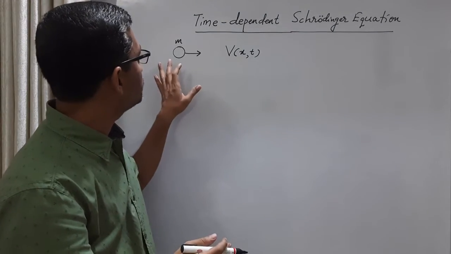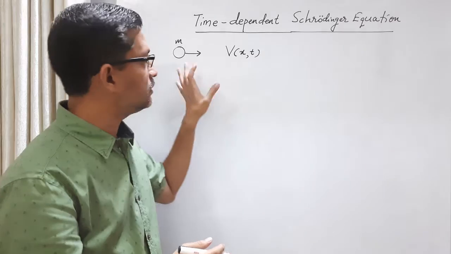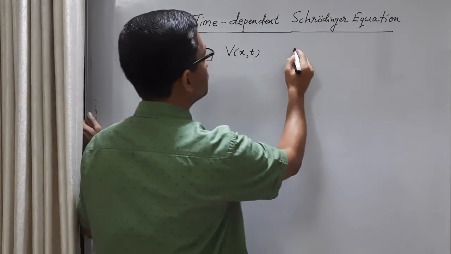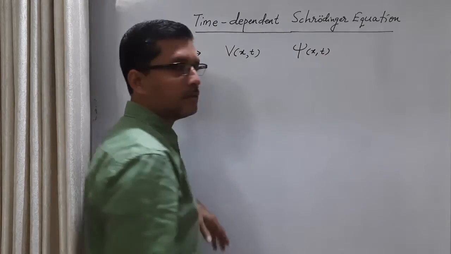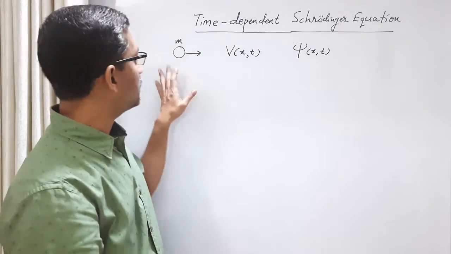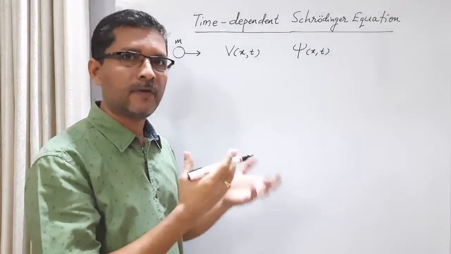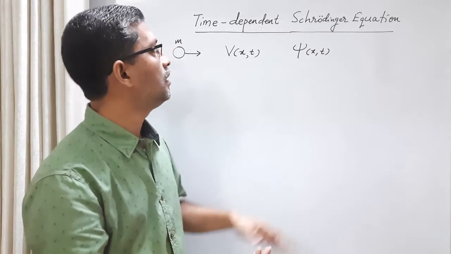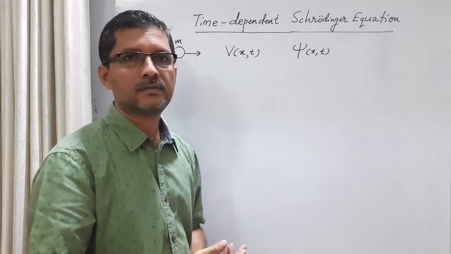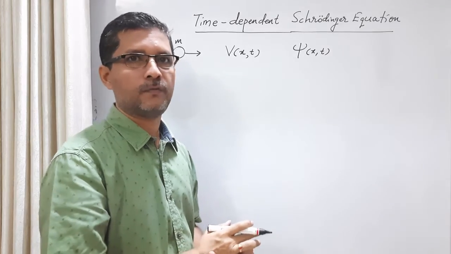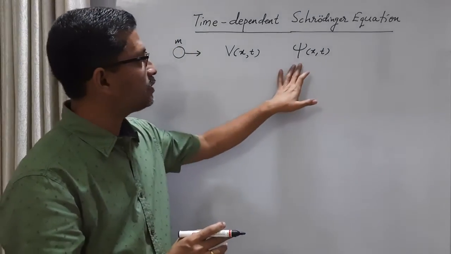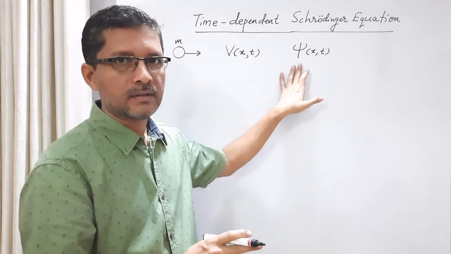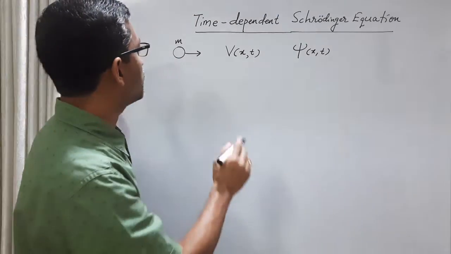Then the matter wave function of this particle is, let us say psi, which depends on position and time. So this particle has wave nature as well as particle nature, and the matter wave function is, suppose, represented by some unknown function psi. Then this matter wave function satisfies the differential equation given by